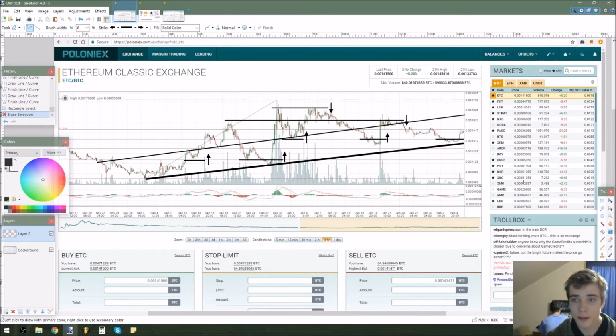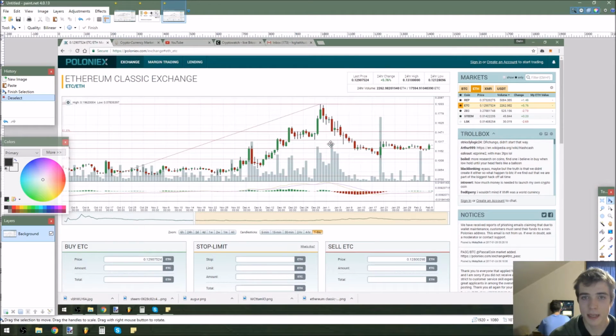Now I want to point out a couple things here on the Ethereum Classic chart I have. This is against Bitcoin, and I like this chart the most because it gives me the most indicators. This one's a lot simpler, but here I'll do a little drawing on this real quick too. I just want to point out that this one came up and had a ton of resistance right here, but obviously there's still enough trending in this that it wanted to